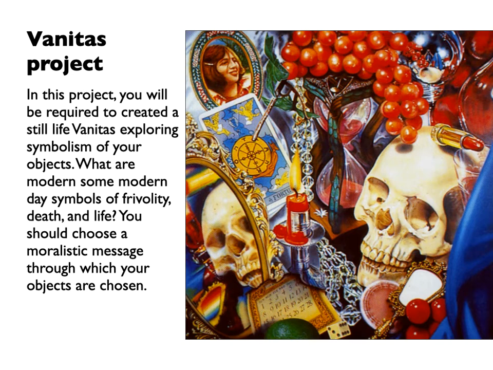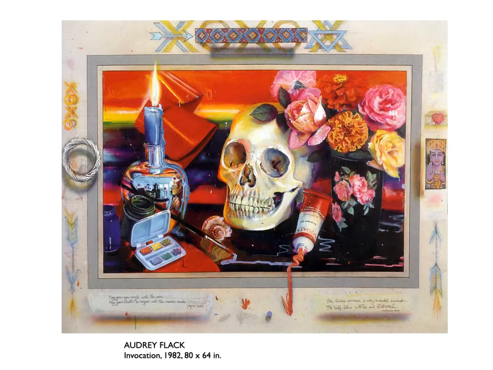You can see she also has some tarot cards and some other things that might lean to talk about luck that aren't necessarily a part of that Western Christian religion thing that we saw happening in some of those previous Vanitas paintings. So you can think about, like we said, images that have to do with morality. So she chose images that were important in her own life. And Audrey Flack did a lot of these, right? She really thought about things that not only had a symbolic meaning, but also symbolized aspects of her own life. So you often see some very personal items in her